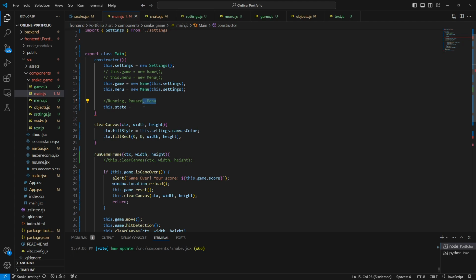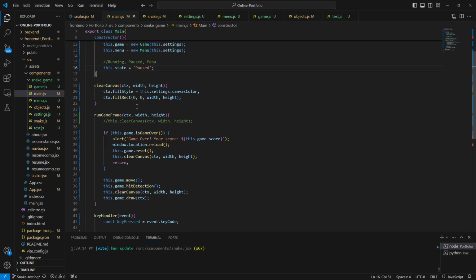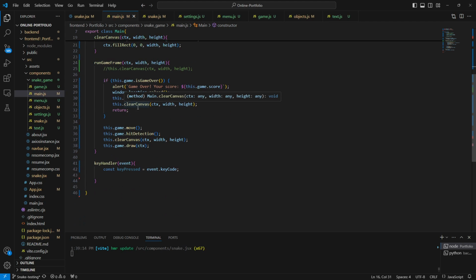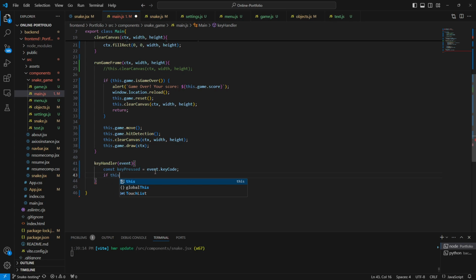We want the initial state to be paused, so it doesn't automatically start. So we don't have to check every single possible key every single time, we could check the state instead. And then I think you have to use 3 equals here. If it's paused or in a menu, then